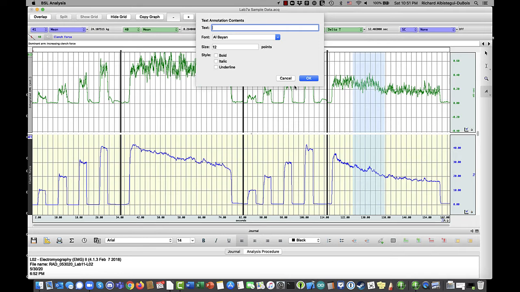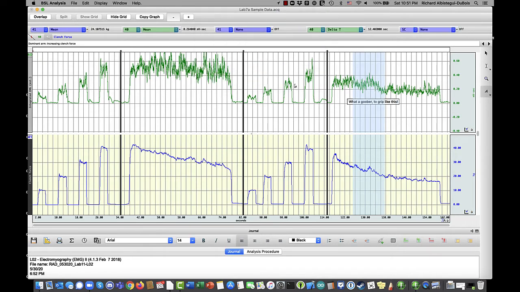So, what a goober to grip like this. Yes, there we are. And very useful, of course. All right, now,